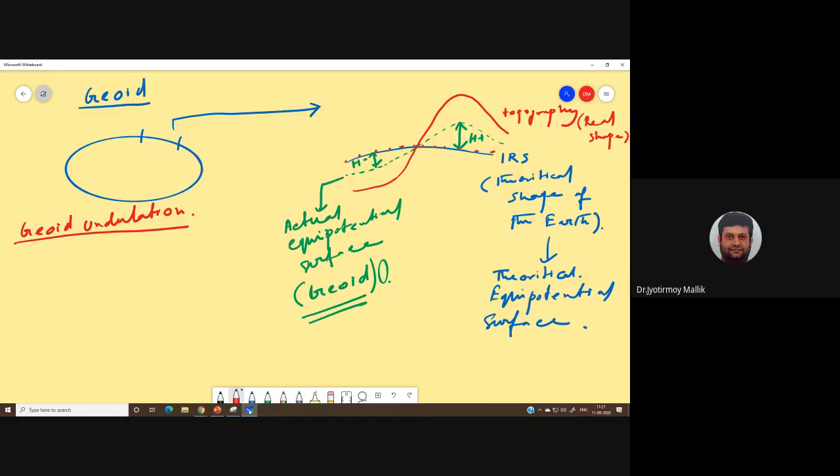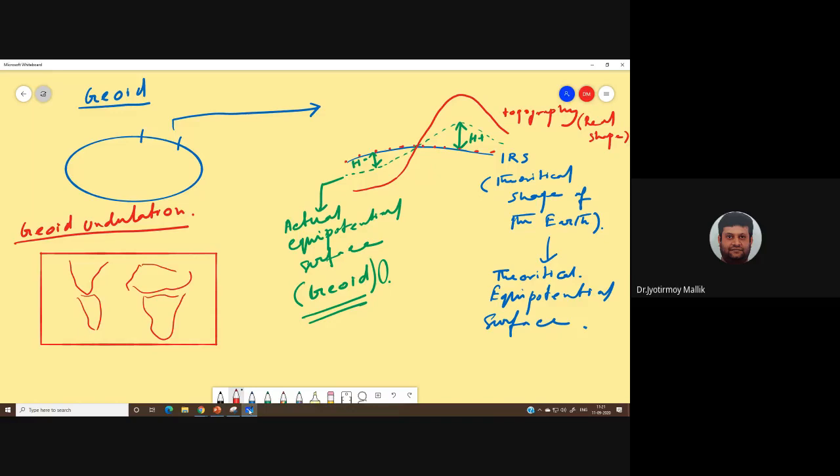Okay? I can calculate the value of H. So let us say this is my world map, just the map view. Here are my continents. Don't worry about the shapes and everything. These are all my continents. Okay? And each point